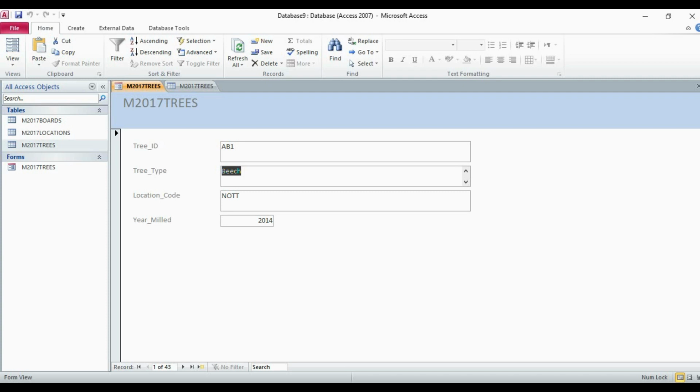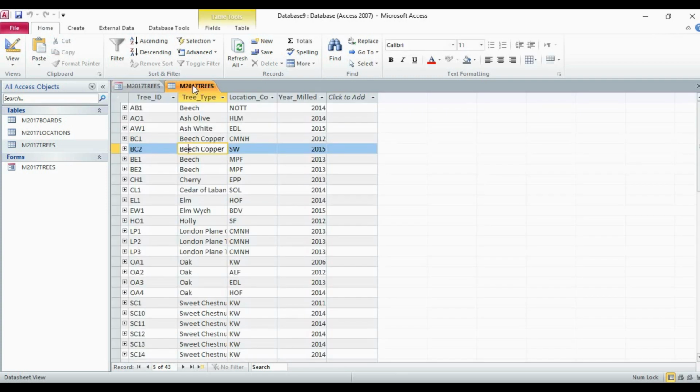If you see this in datasheet view, you can see under tree type you have multiple fields. You can see different types of the tree, and similarly you have different tree IDs. For each tree ID you have a different tree type. So there is not even a single tree ID which is indicating a similar value.